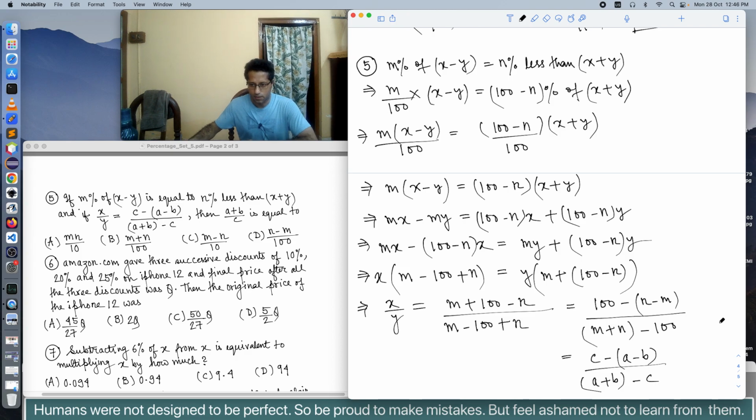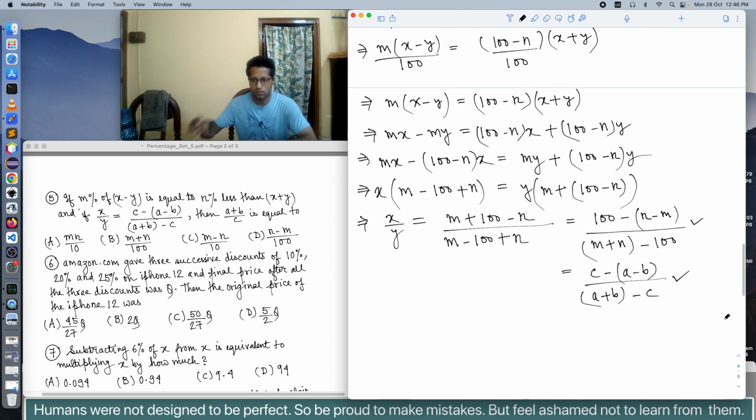Now if you compare these two terms, which are equal, you can easily say that c is equal to 100, n is equal to a, and m is equal to